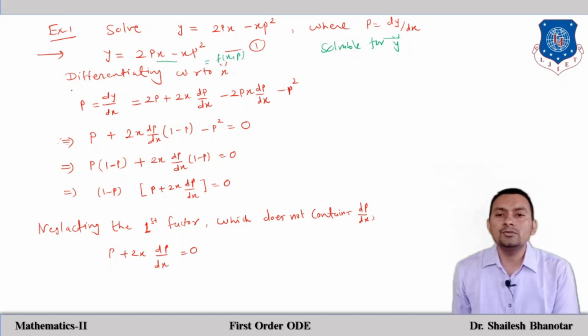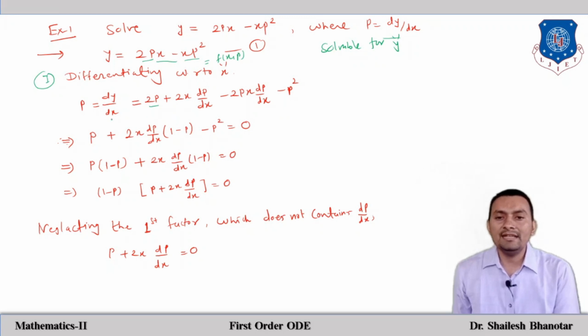Now what we are going to do, this is our first step, differentiating with respect to x. So dy by dx is equal to, here we have to apply the product rule: 2p is there, derivative of x will be 1, so 2p. Now we keep 2x as a constant, and the derivative of p is dp by dx, so 2x dp by dx. Minus, again just apply the product rule for the derivative with respect to x. First I'm keeping x as a constant, so the derivative of p square will be 2p into dp by dx, minus, because minus is there. And p square will be the constant function and the derivative of x is nothing but 1, so we get this one.